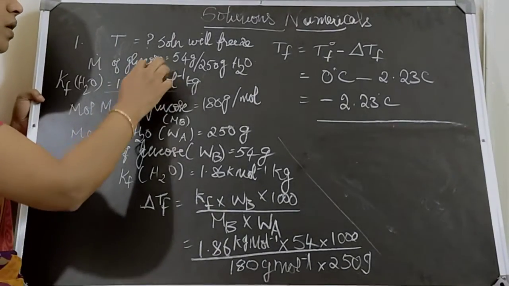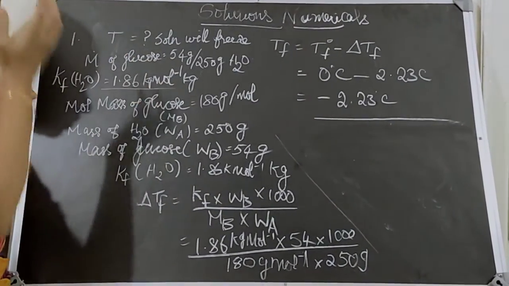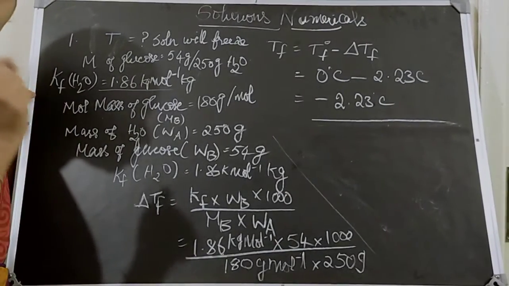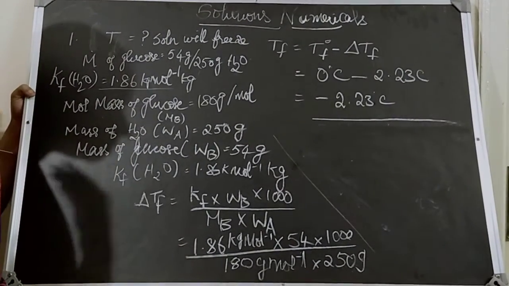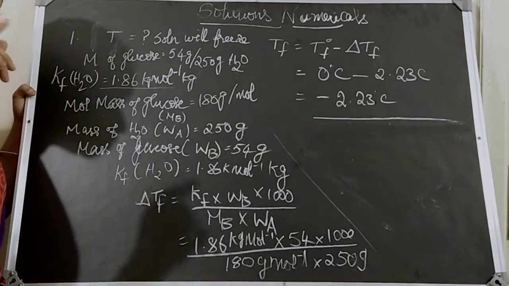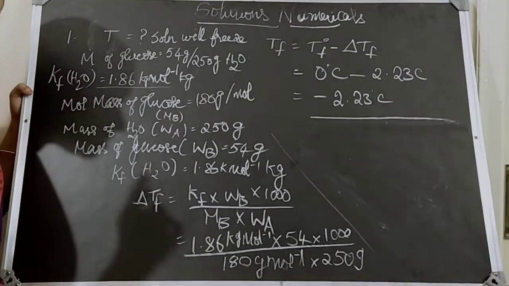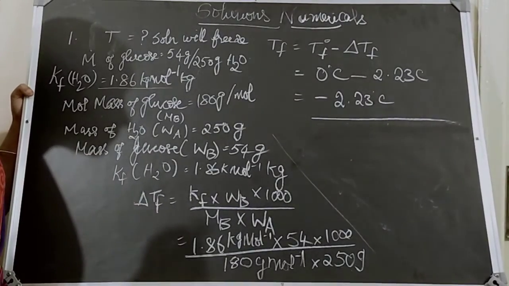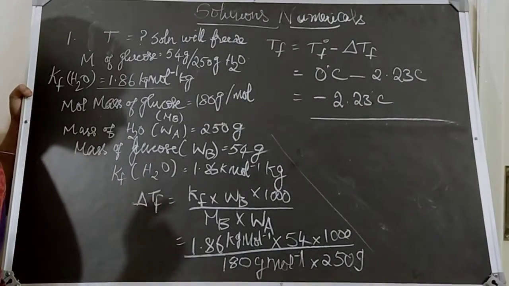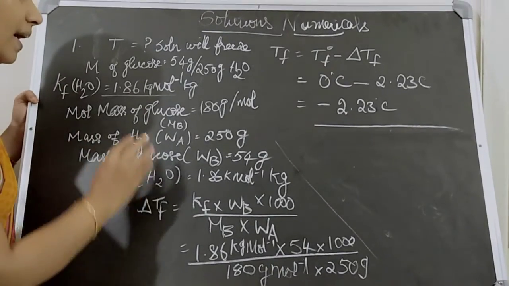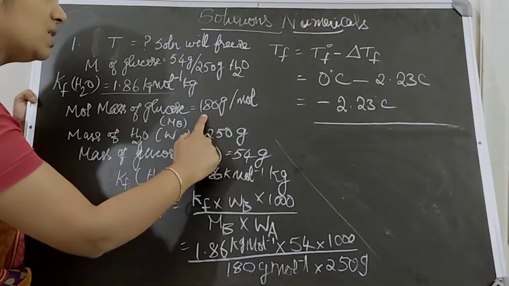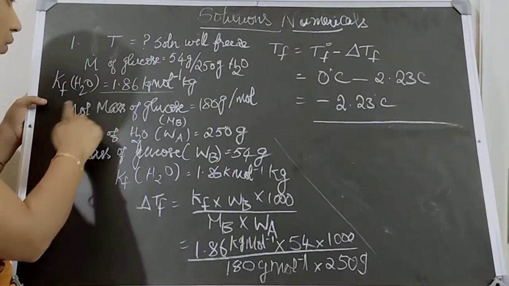So we should know what is the formula of glucose. What is the formula for glucose? It is C6H12O6. So from C6H12O6, I need to calculate the molecular mass. You know, 6 into 12, and H is C6H12, so 12 into 1, 12. O is 6, so 6 into 12. So in that way I have substituted and I have calculated the molar mass of glucose as 180 grams per mole. I have calculated molar mass.